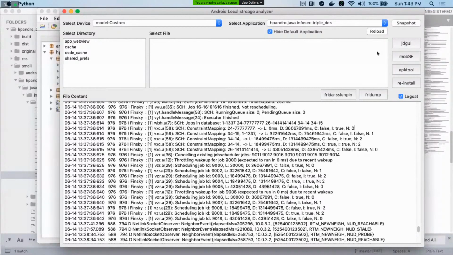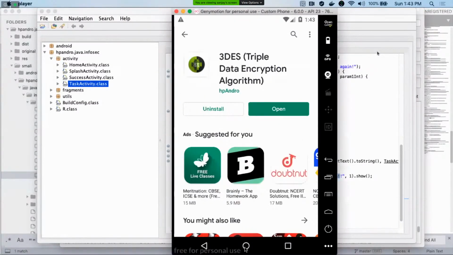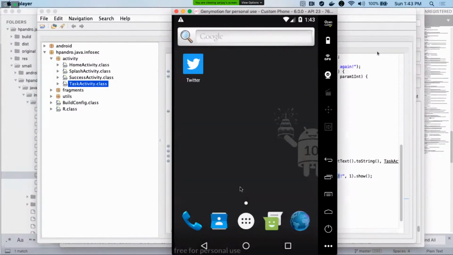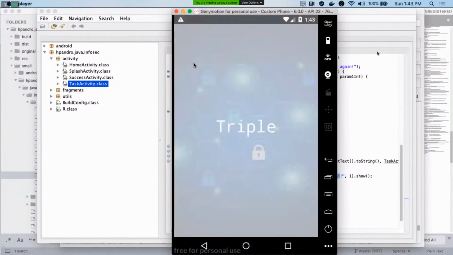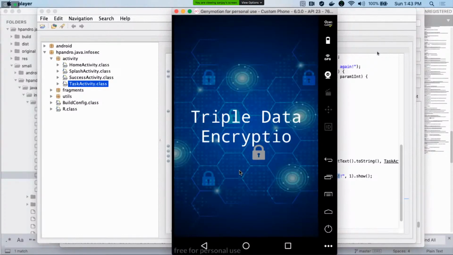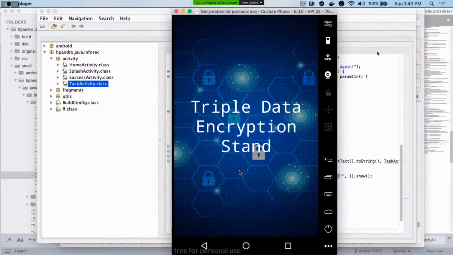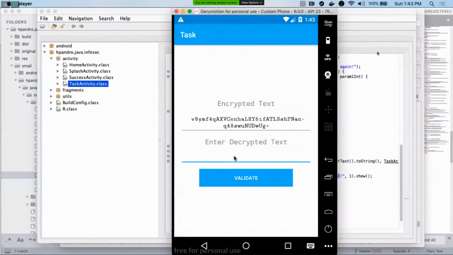Okay, let me open the updated version. So if I put anything over here and click on validate, bypassed.